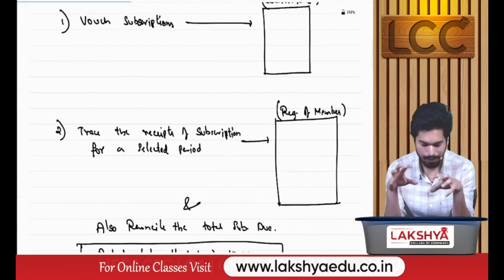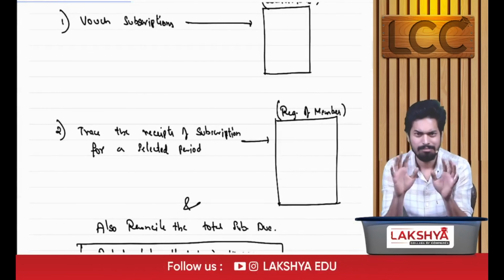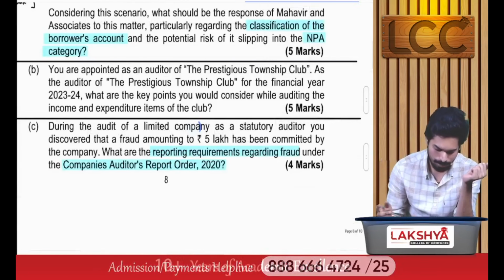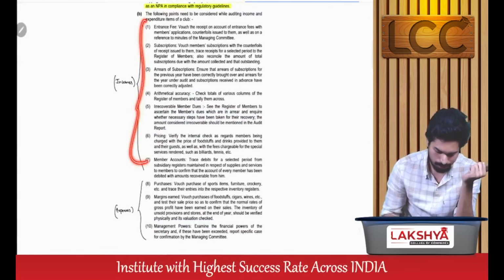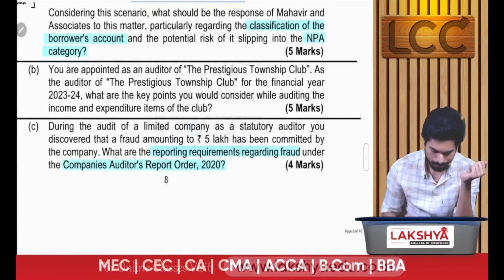See, this is actually my class notes, so the writing may not be that understandable. Let's ignore that part, okay? So we need to write certain income points and expenditure points regarding the club. Next,